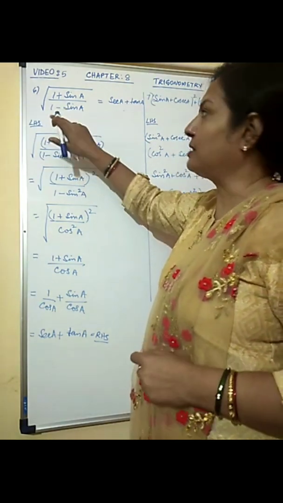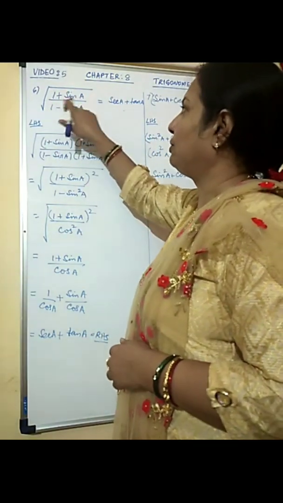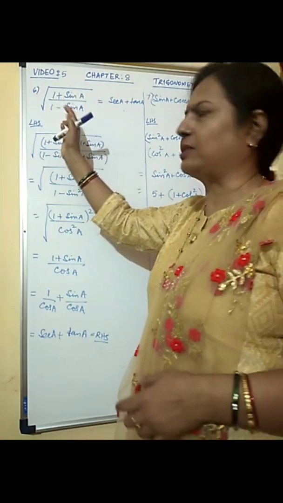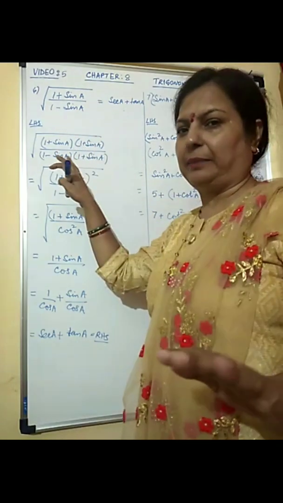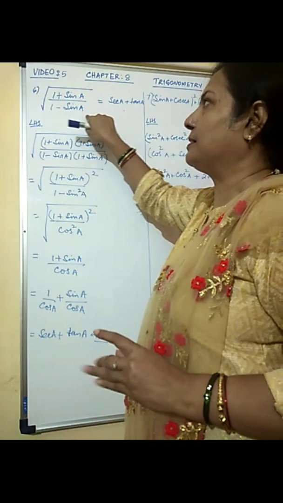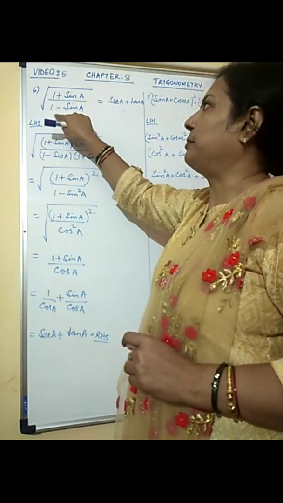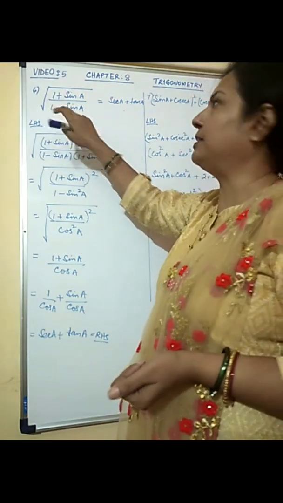So question number 6 is something which you will find has 1 under the root. Like you will have under root 1 plus sin A by 1 minus sin A, or 1 minus cos A by 1 plus cos A, 1 plus sec A, tan A, any terms. The whole idea behind it is you just have to rationalize it. I hope you understand rationalization. Rationalization is multiplying the term with the opposite sign, the opposite of the sign which exists here.